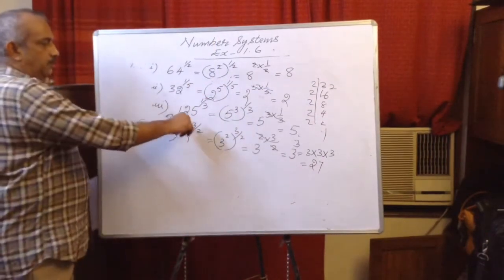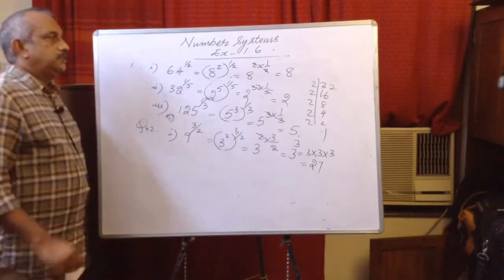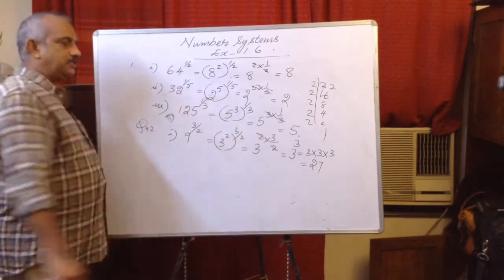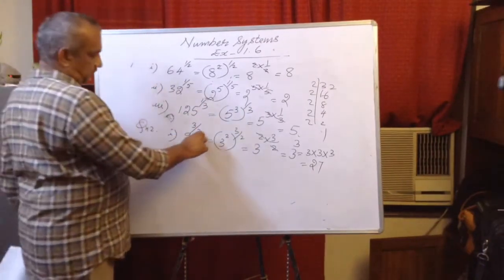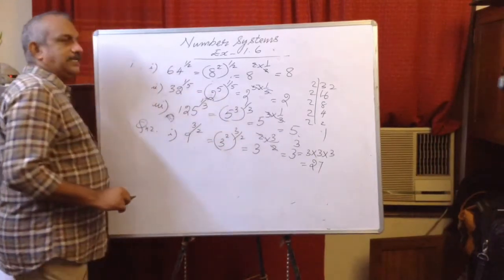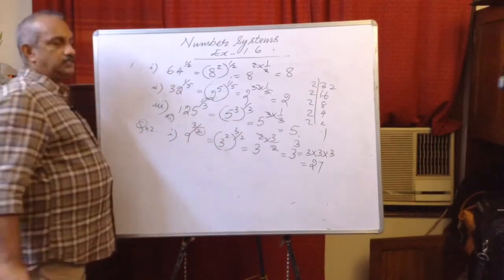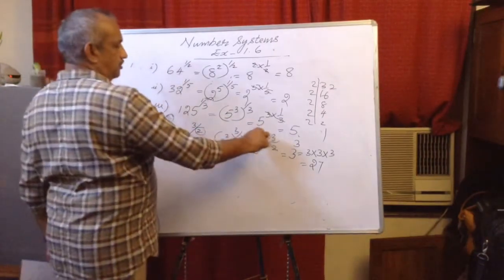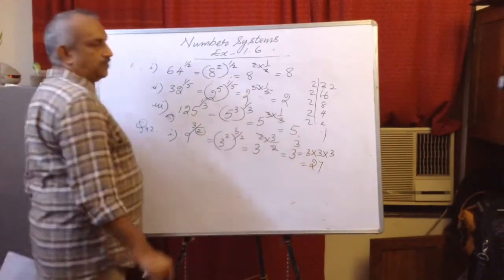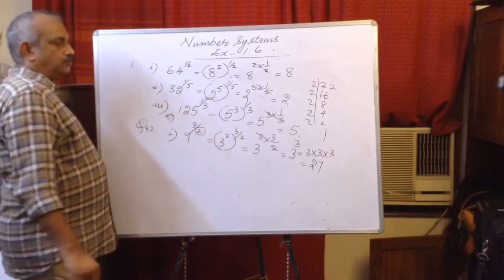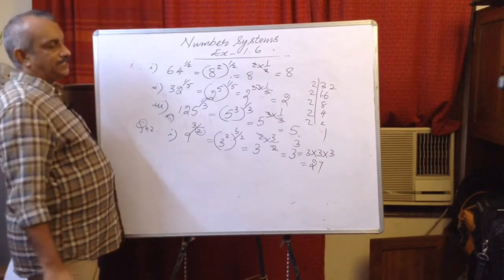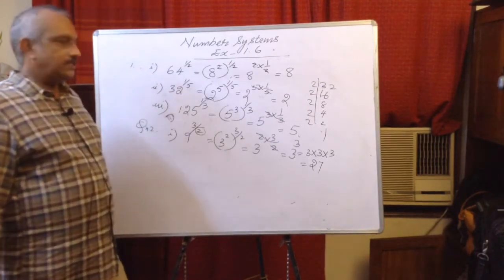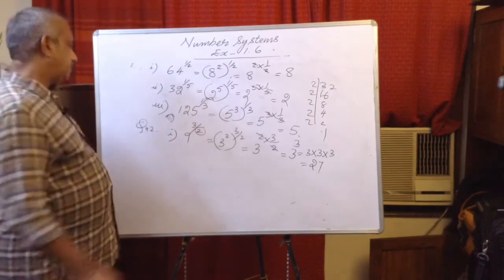See once again. Here, for all the fractional powers, the numerator was 1 only. Now here it is 3. So little difference. First you will look at the denominator only. 9 is the square of which number? 3. So 3 square the whole raised to 3 by 2. 3 raised to power of power, powers will get multiplied. So 3 raised to 2 into 3 by 2. 2 gets cancelled. 3 cube will get. 3 cube means 3 to be multiplied 3 times. 3 into 3 into 3, 27.